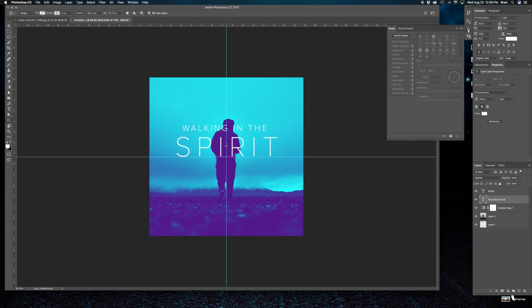So just click in the center, click and drag, holding the option key, and it'll go out from the center. Okay, boom, there's your box. The problem is that the line's going through the words there. So I'm going to make a selection from the center, holding the option key, going out, basically covering it. I don't have walking centered there, I'll have to center that. So basically go out there,